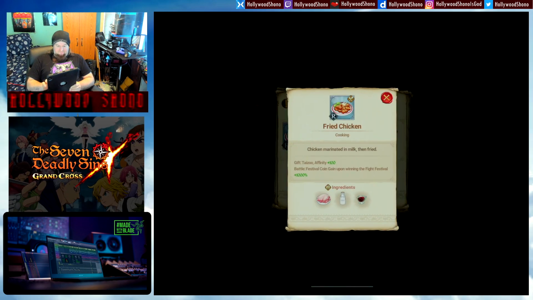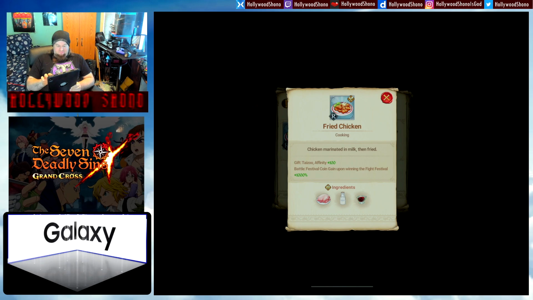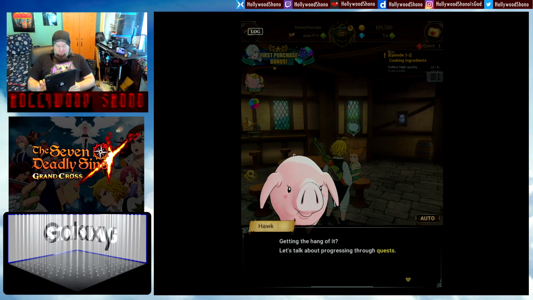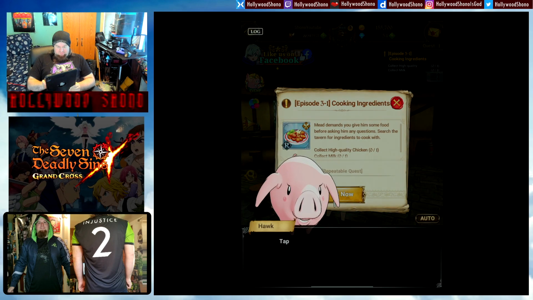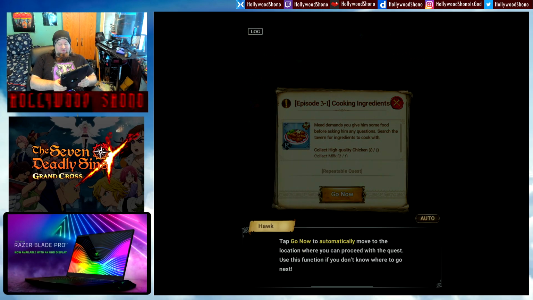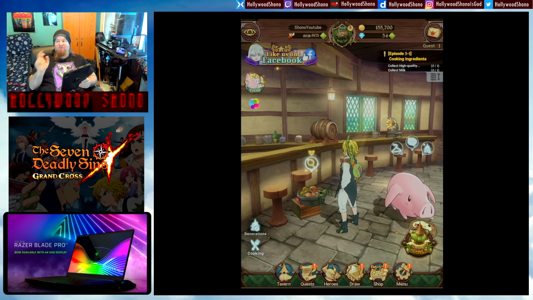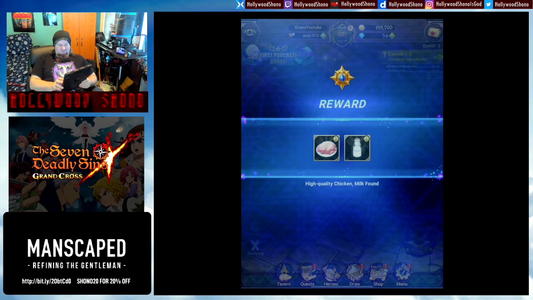And okay, so it gives us a food. So Tezu gets affinity 100 and festival coin gain upon winning the fight festival by 1000%. So if you have the ingredients, you can make that and then get more coins, which seems pretty useful. So you have to get high quality chicken and milk. And I like the fact that they put some repeatable quests in the game because that encourages grinding. And I love grinding in video games. That's what makes video games so much fun, is the grinding aspect of it. So if there's a lot of grinding in the game,